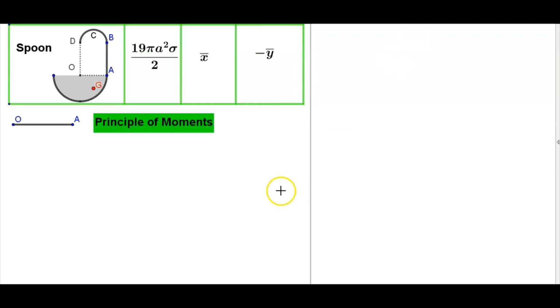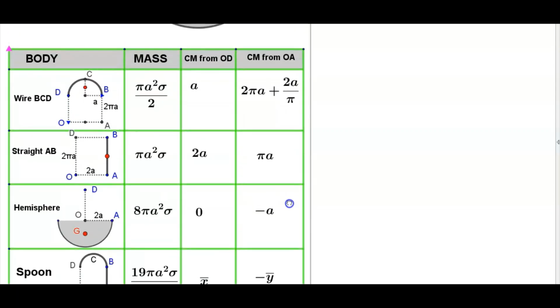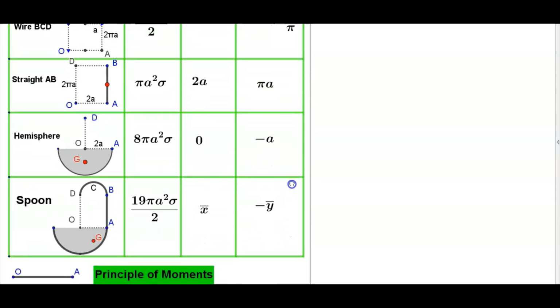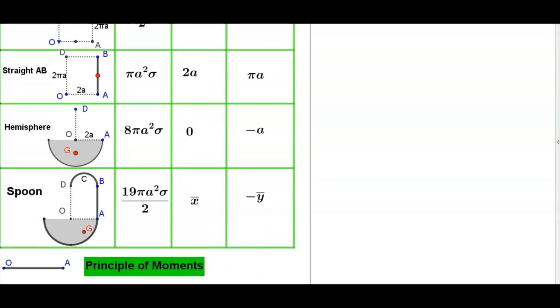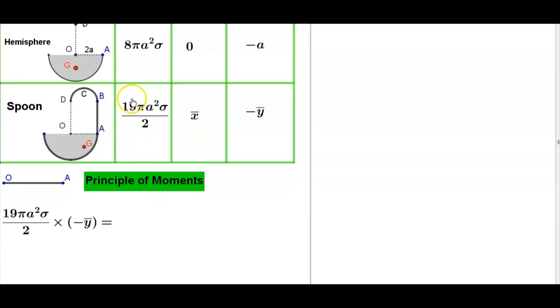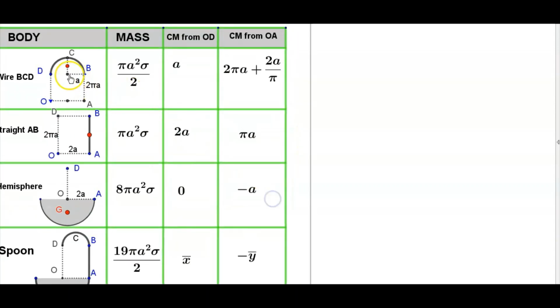Principle of moments about OA. Now we consider this one. Principle of moment for this one. First one, 19 pi A squared sigma by 2, for the full body, this mass into this distance: 19 pi a squared sigma by 2 into minus y bar is equal to, for this first one,